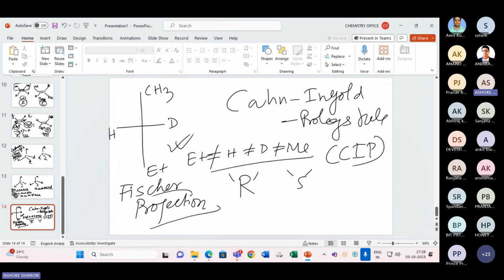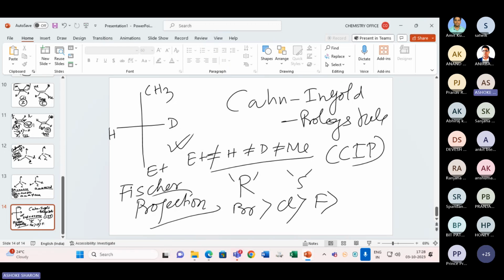From there we can find out the real numberings. The first condition is to rank the atoms attached to the chiral centers according to their atomic numbers. The higher the atomic number, the higher the priority. If I consider any case, bromine will get the priority, then chlorine, then